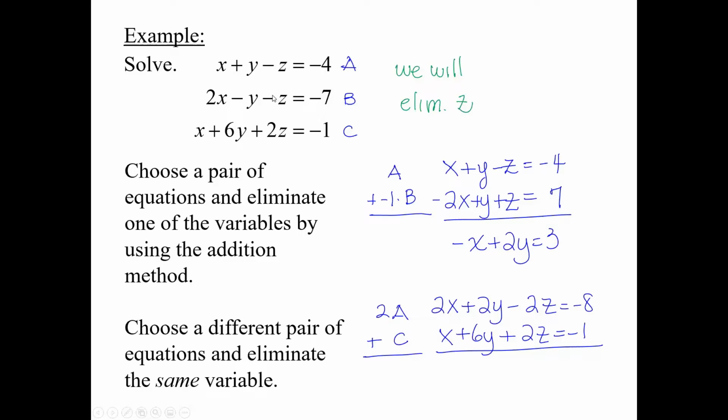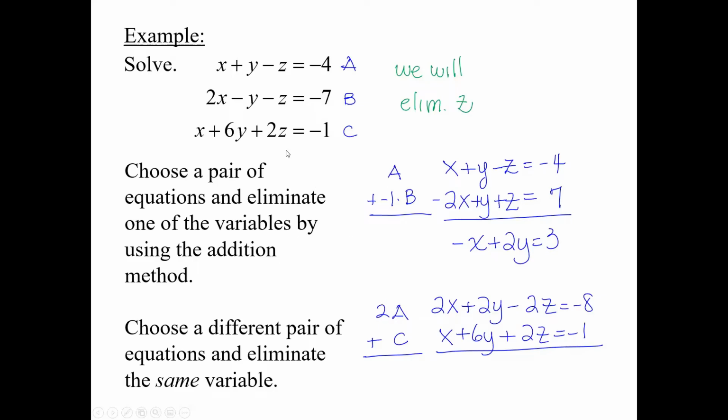We chose A and B before, so this time we've got to use C with either one of these. Now, I would use C with this one because you've already got opposite signs. Well, actually, you do that one too, so it doesn't really matter. So they chose to use equation A, and they chose to use equation C, and they're going to multiply equation